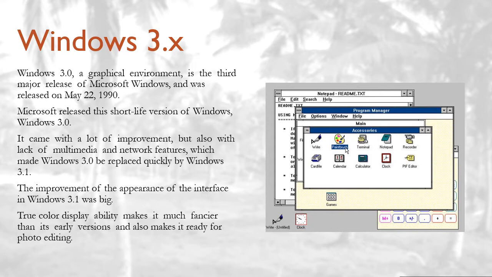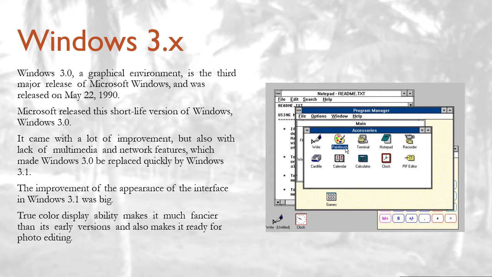So let's talk about Windows 3.x. Windows 3.0, the third major release of Microsoft Windows, was released on May 22nd, 1990. Microsoft released this short-lived version of Windows 3.0.